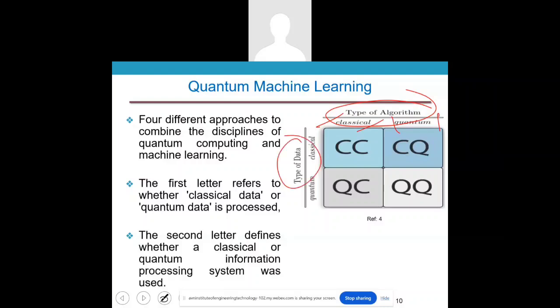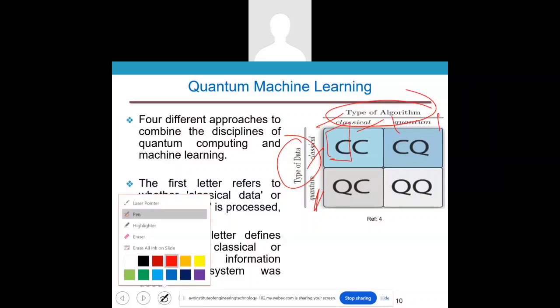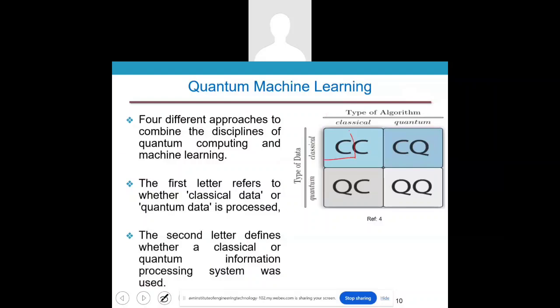So the type of data also has two kinds. One is quantum and the other one is classical data. So finally, in this representation, see, it is C and Q. C denotes the classical, whereas Q is the quantum. C is the classical and Q is the quantum one. So what I want to convey here